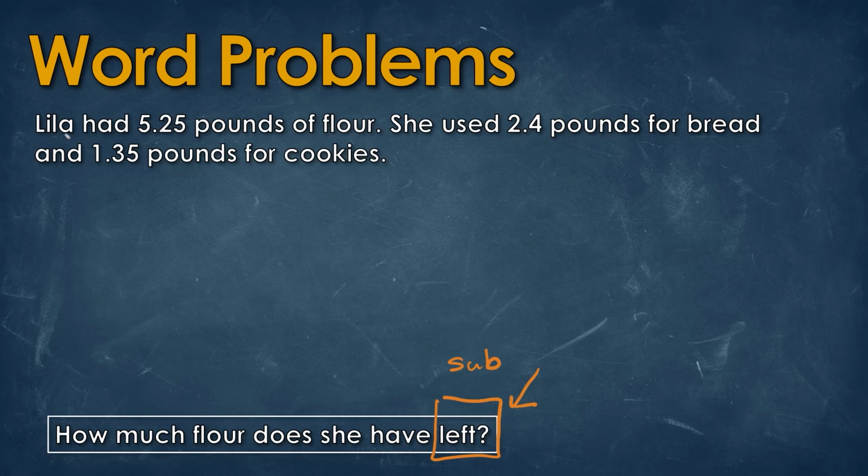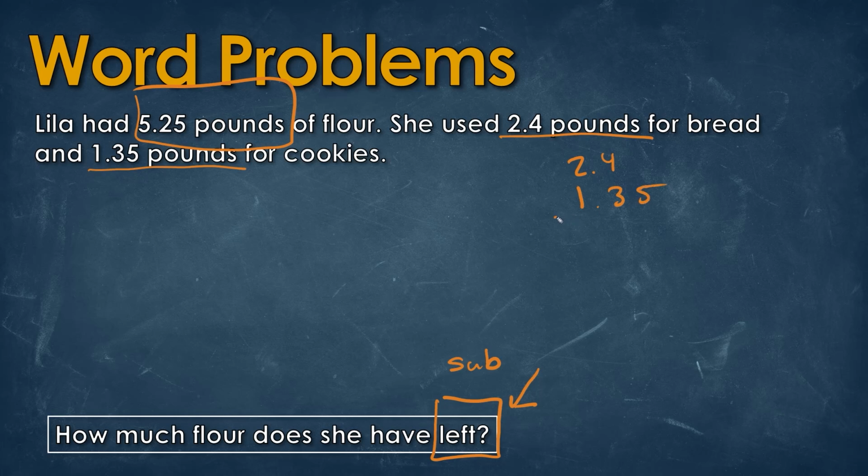So the question says Lily has 5.25 pounds of flour. She used 2.4 pounds for bread and 1.35 pounds for cookies. Well, that's going to tell us that she's actually looking at adding these two numbers together and subtracting it from the original amount. So adding these two numbers together, we're going to have 2.4 and then we're going to have